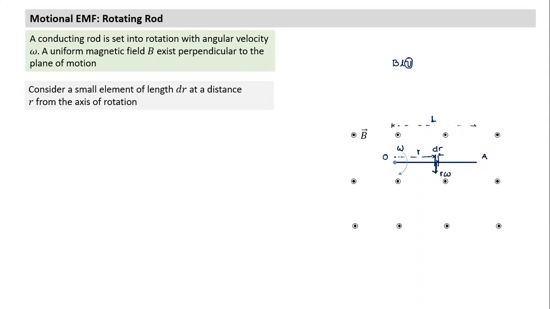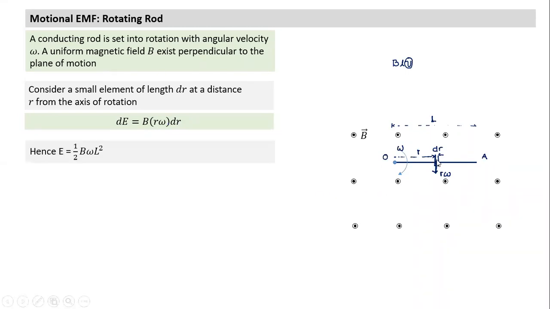So do we know the EMF developed across this small piece? We can easily calculate: dE will be equal to B into V into L, where V is r omega and L is dr. Thus the EMF developed along the small element is